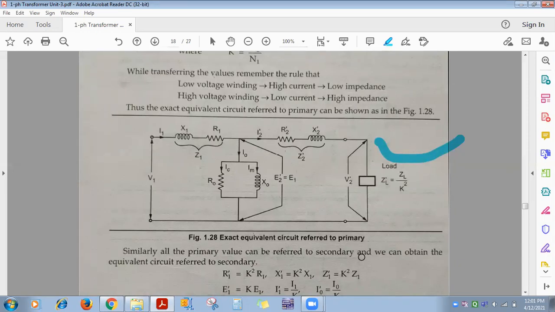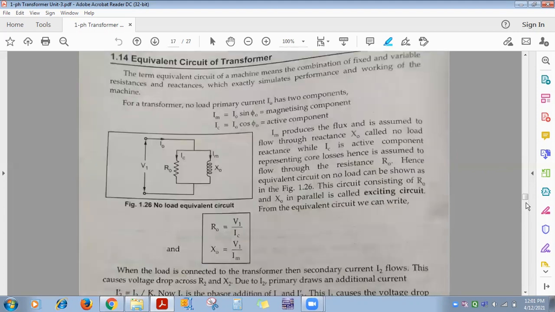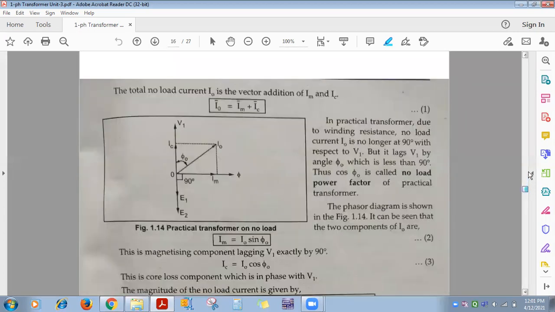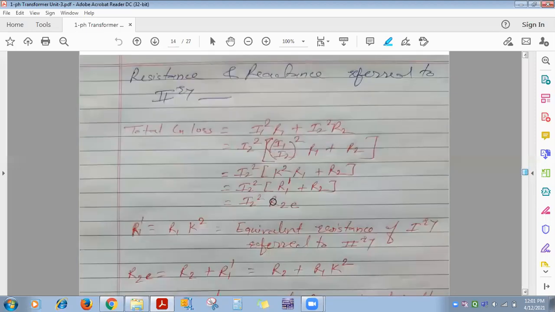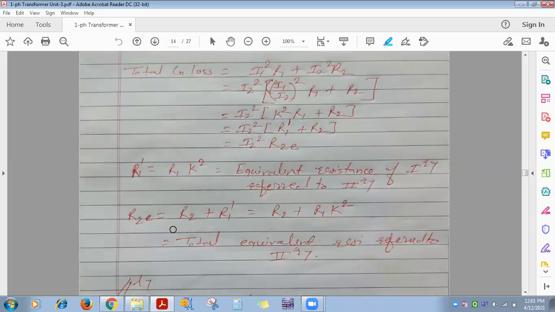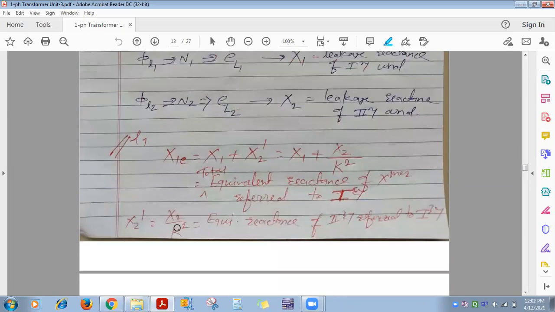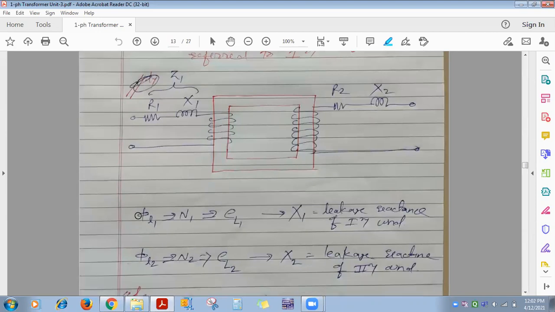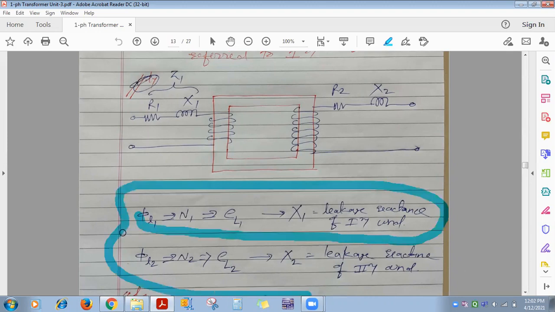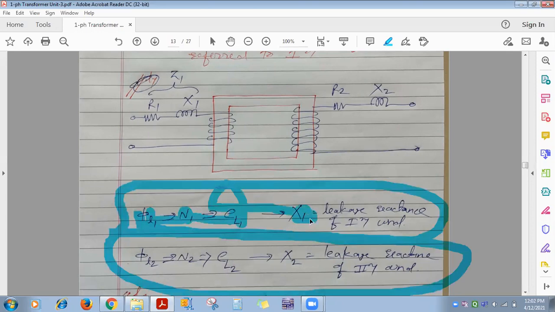Now how to transfer the parameters to the primary and how to transfer the parameters to the secondary, only that which is in your syllabus, only resistance and reactance. Question, if you get asked to transfer the parameters from here, see the effect of leakage flux. Now here I have written X1 and X2. Okay, so the leakage flux, phi L1, comes in contact with N1, EL1, to consider this effect, XL1 or X1, this one, and similarly X2. This you can say is Z1, this one you can say is Z2, and ZL is the load impedance.